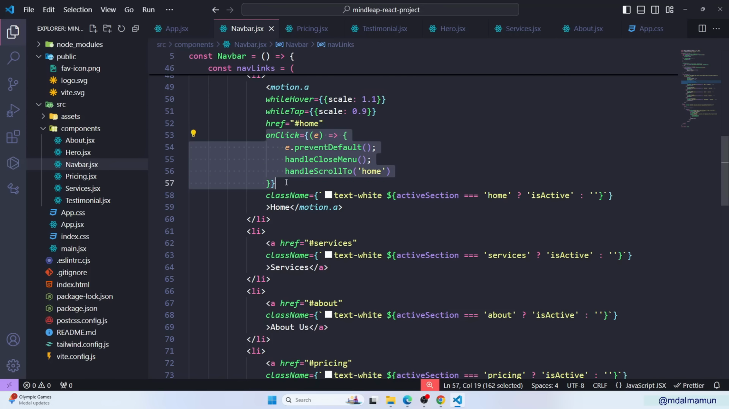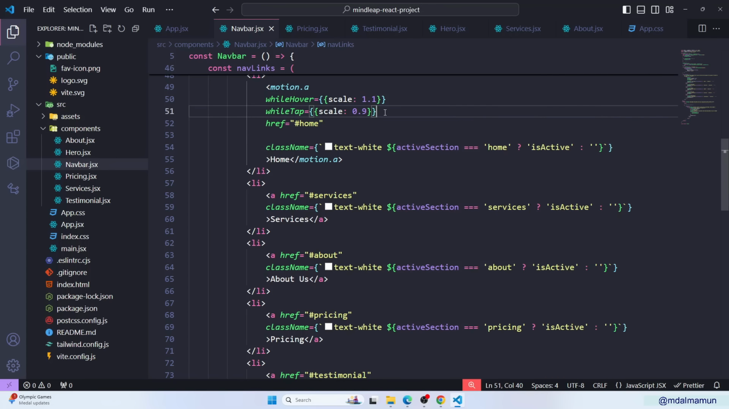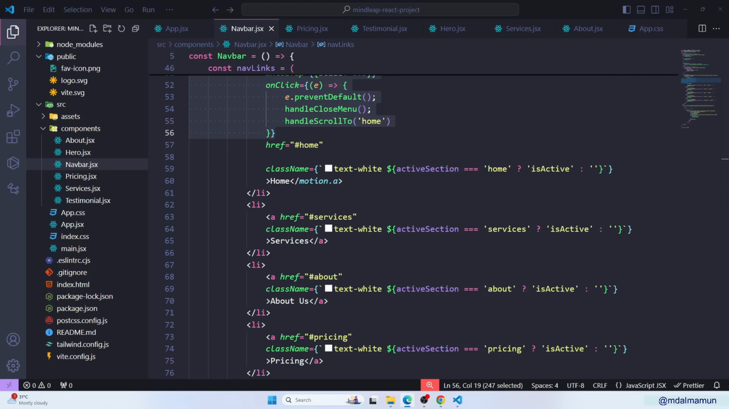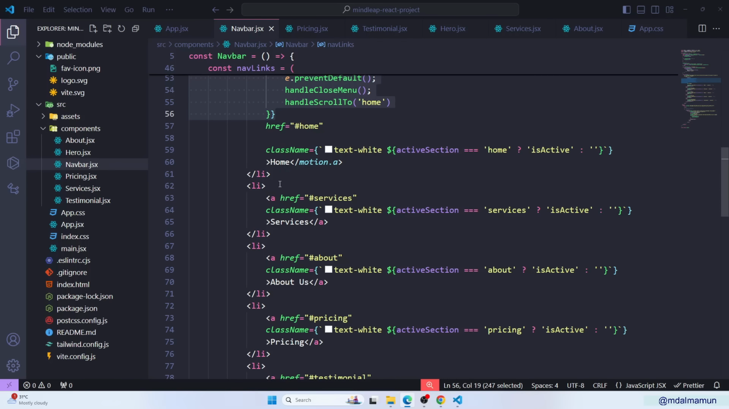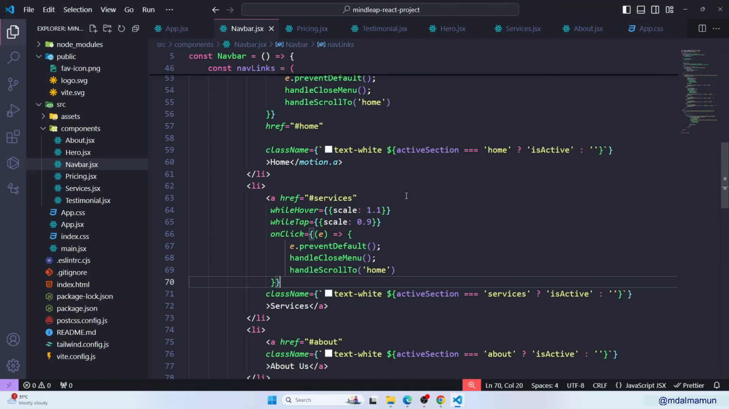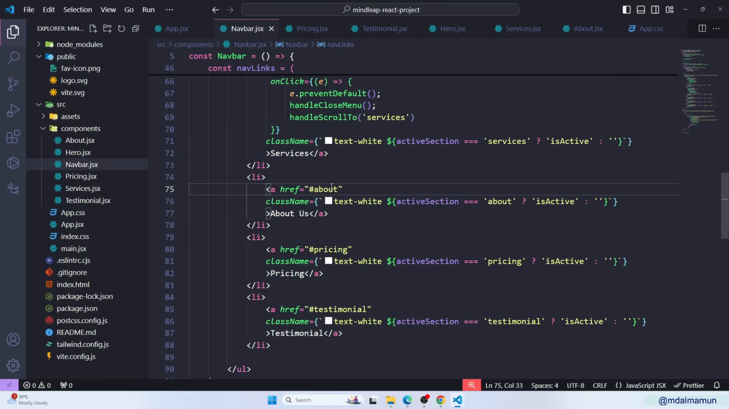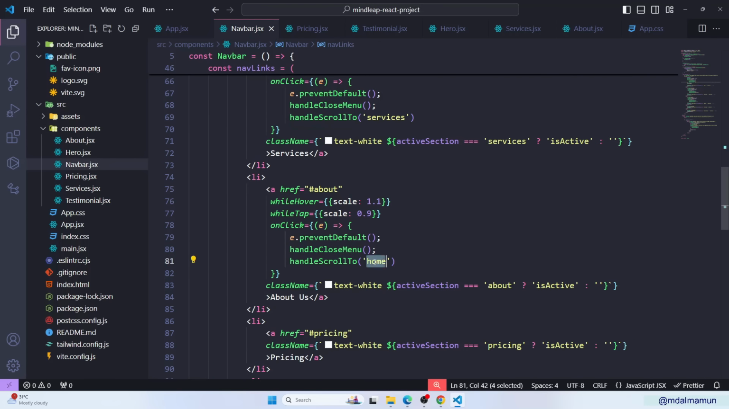So let me cut and keep it at the top, so that we can simply copy from this. We'll copy hovers and all this stuff. And for the second one, here you can see we'll have services, and after the services we'll paste it here. What we will customize, we will simply customize here. On the handle scroll to, we'll make this services. Make sure the text is correct, and we'll do it everywhere. So this is about, we'll have about,